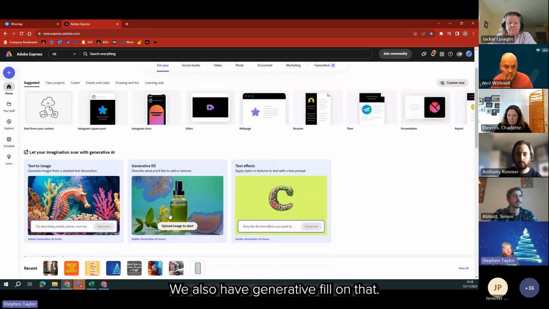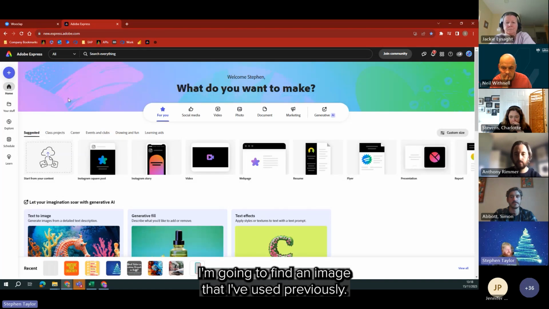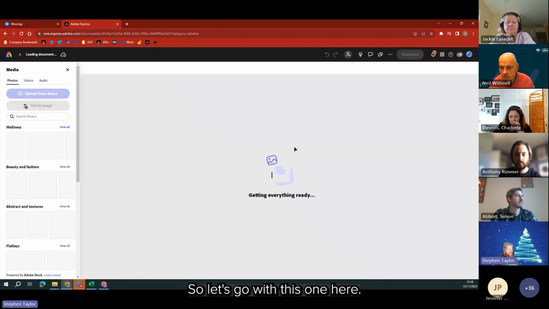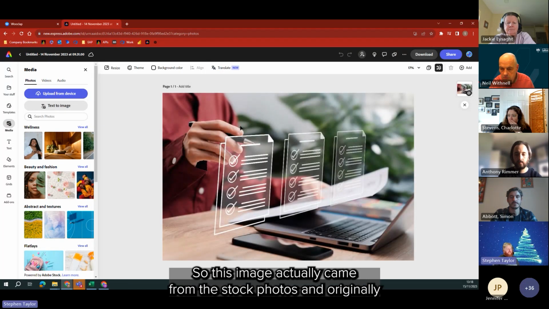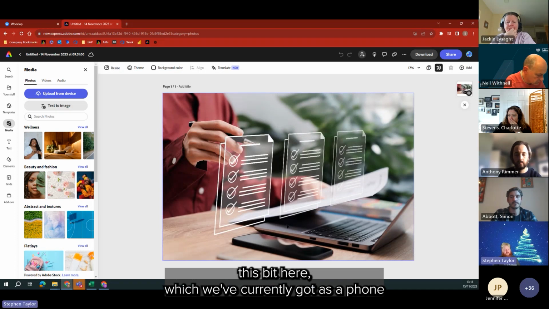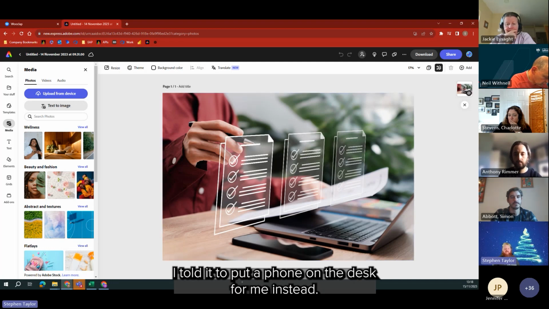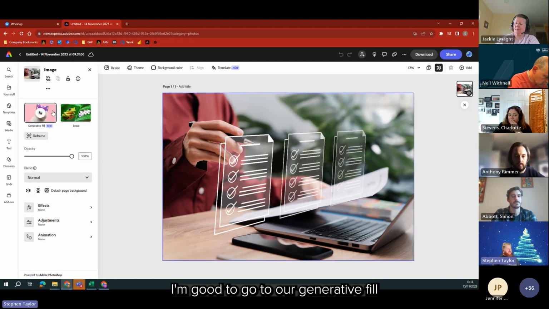We also have generative fill on there. So I'm actually not going to upload an image. I'm going to find an image that I've used previously. So let's go with this one here. So this image actually came from the stock photos, and originally this bit here, which we've currently got as a phone, was a calculator. And I used the generative fill and I told it to put a phone on the desk for me instead. So I'm going to click on the picture and I'm going to go into our generative